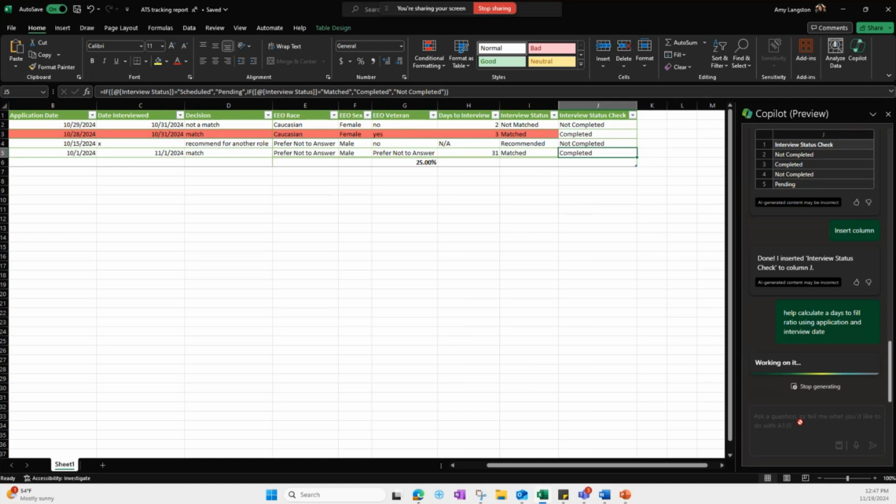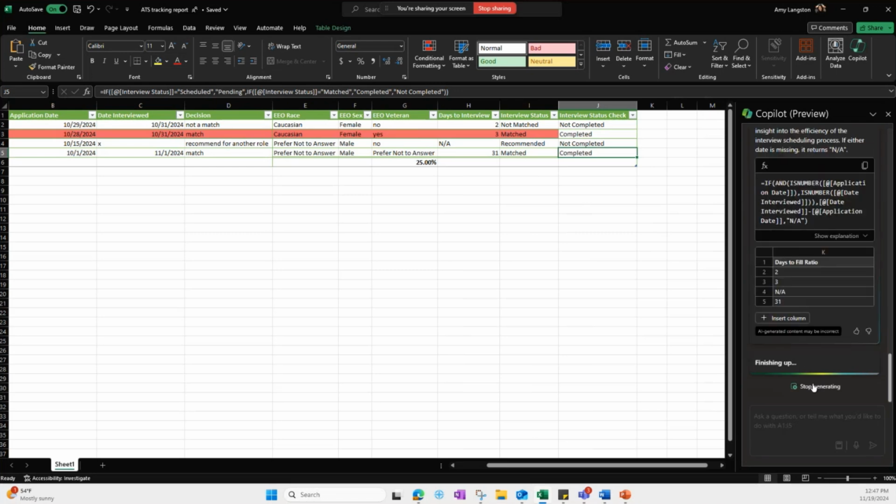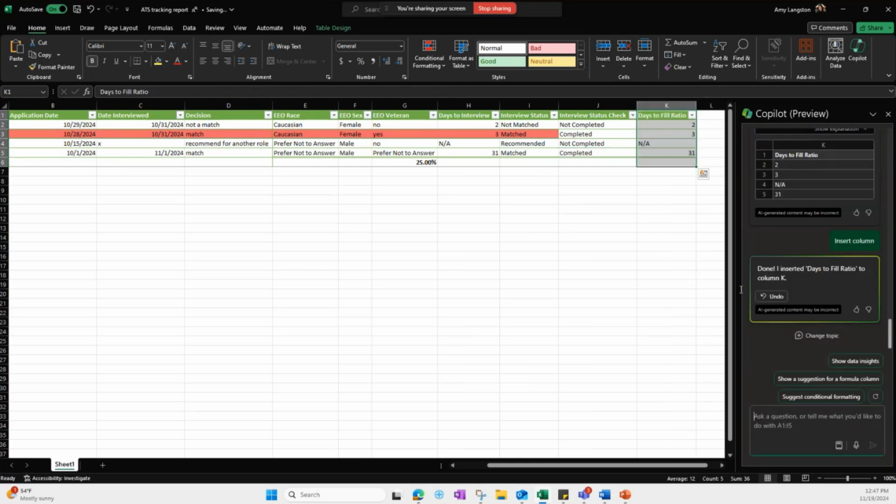And I think it might say that it doesn't have all the information, because technically it would have to say who has the offer. But because I told it using those two fields, it's going to give me information. So I can insert a column, and there's my days to fill ratio. And it's really days to interview. I didn't prompt it appropriately for this demo, but days to interview. So I could have that. You could have another one if you had a higher date, then you could have days to fill ratio in